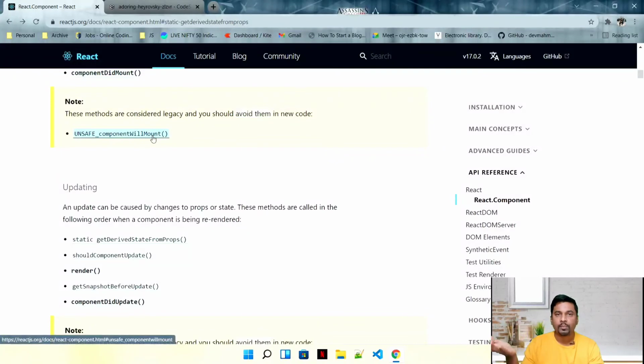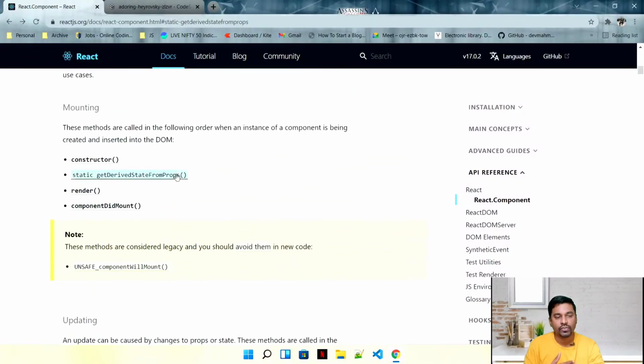For example, componentWillMount usually gets called before your render method. You can move your logic from there to get data straight from props. That would definitely work.